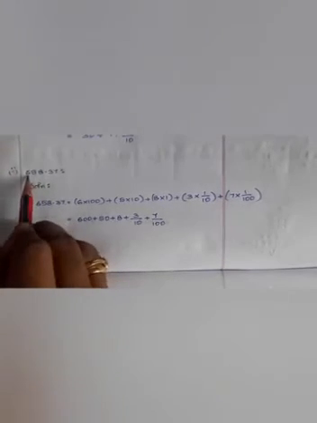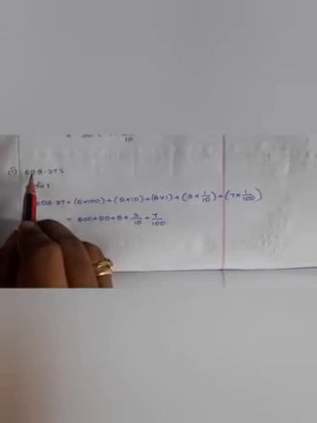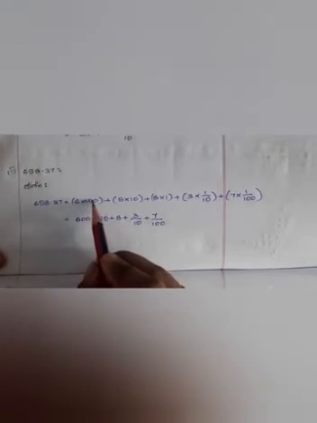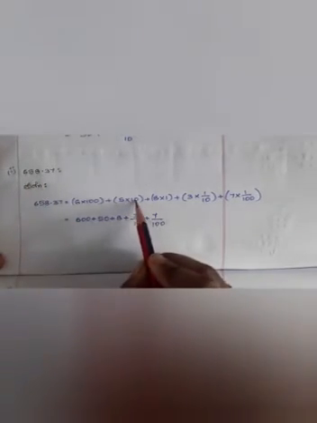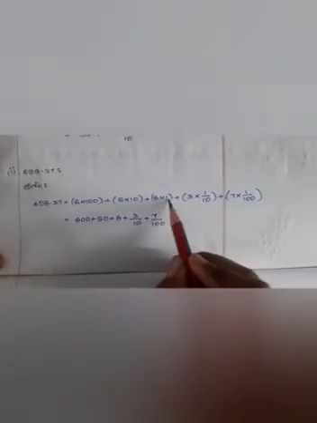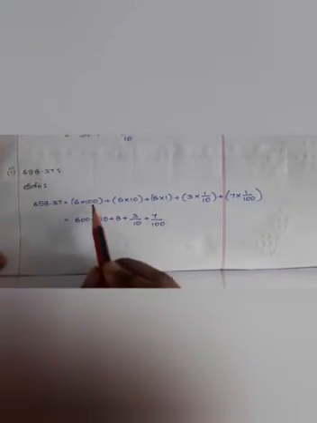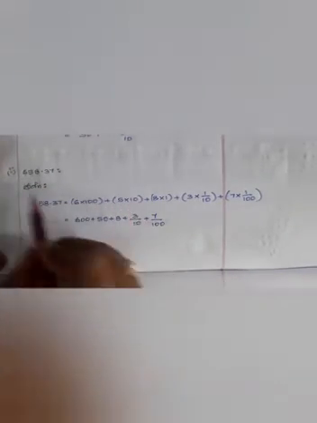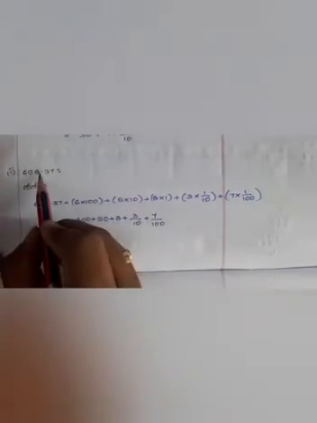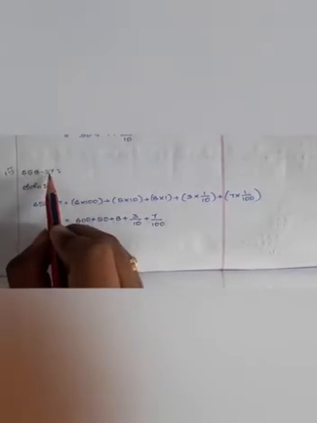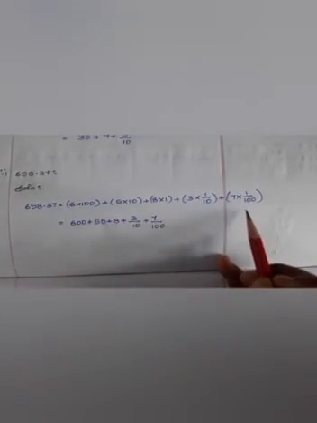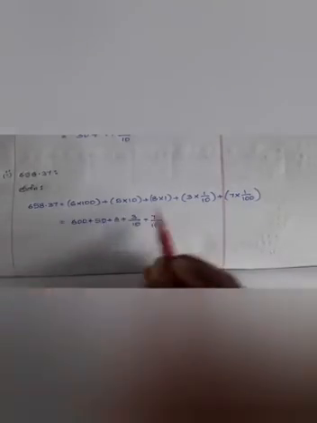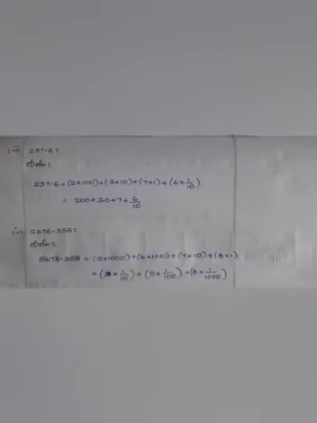The same way you will be clear with this question. 658.37. Okay, so after 6 you have 2 numbers, therefore put 6 into 100 plus after 5 you have only one number, so 5 into 10, and 8 nothing, so 1. This is 600, so 6 into 100, this is 50, so 5 into 10, so 8 into 1. Again after decimal point it is tenths and hundredths, so you want to divide 3 into 1 by 10 plus 7 into 1 by 100. So 600, 50, 8, 3 by 10, 7 by 100. Okay, the same way the remaining problems.